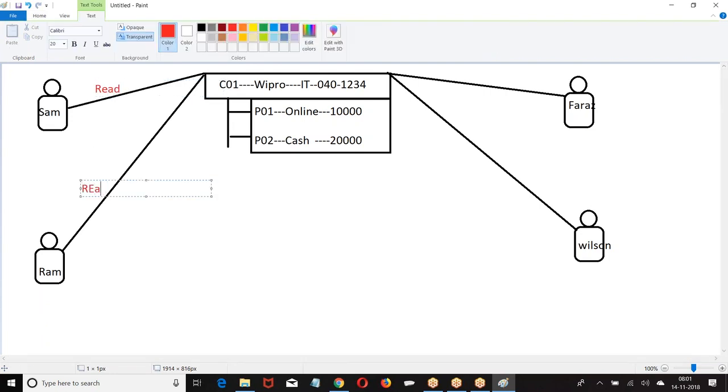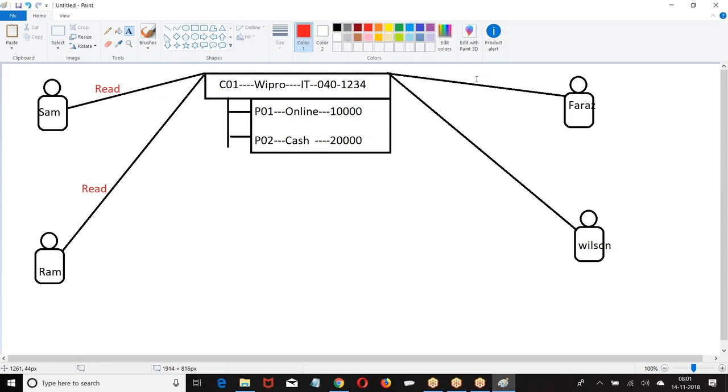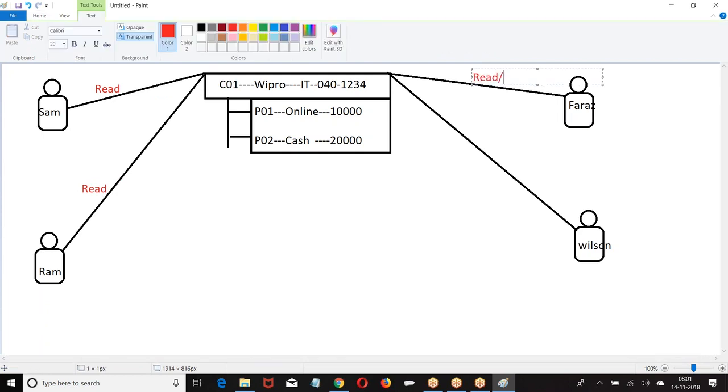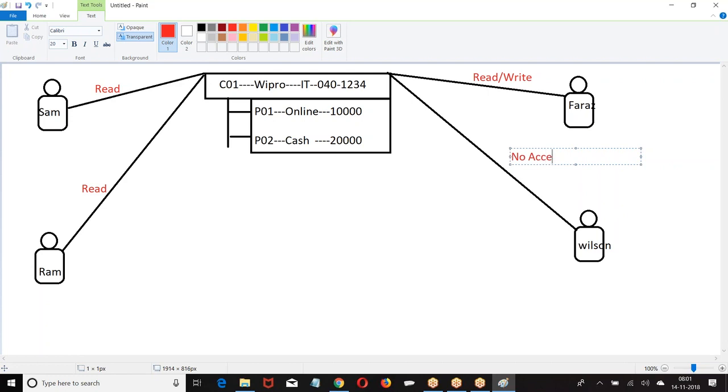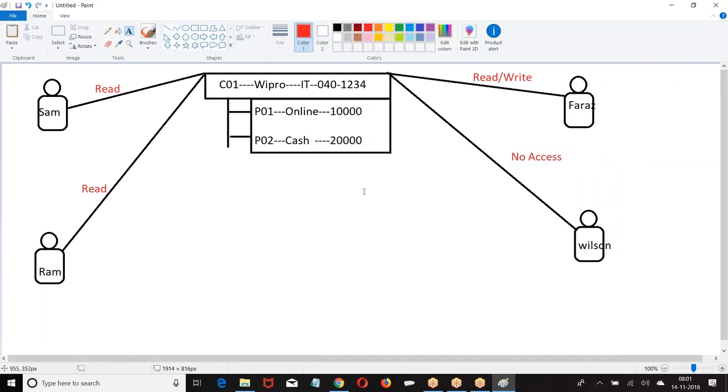Ram has read permission on master record. Faraz has read and write permission on master record. Wilson has none. There are 4 users. Sham and Ram are able to see the master record. Faraz is able to see and modify. Wilson is not able to see the master record.